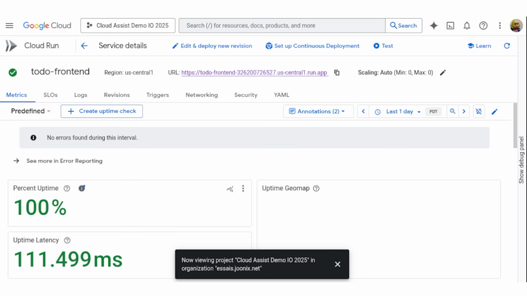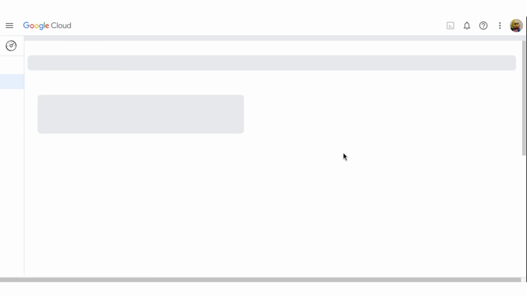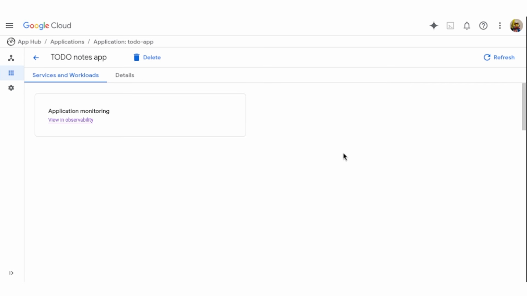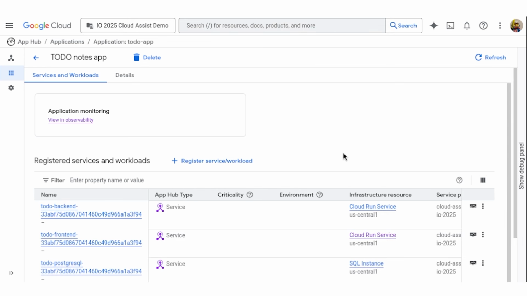Okay, let me return back to the Application Design Center. So the Application Hub, we completed right now the design part. We created components, connected them together. Application Design Center also generates a Terraform script that provisions this design, supporting infrastructure as code pattern, and you can maintain these Terraform files in your source